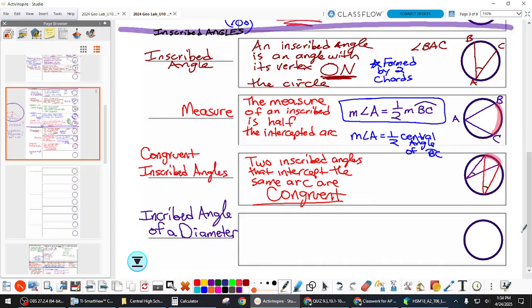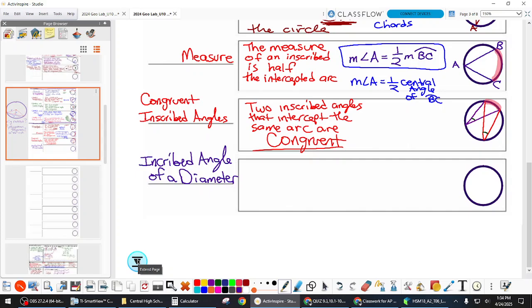So what is, I bet you could tell me this before I even write it. What are we going to say about an inscribed angle of a diameter? In fact, how do you show a diameter on a blank circle like this? A line that goes to the central point. Okay, but that means we have to show the center, right? So put your center and draw your line through that. And then draw your